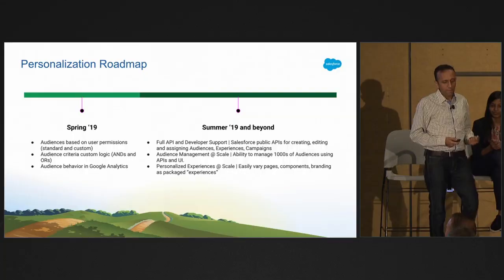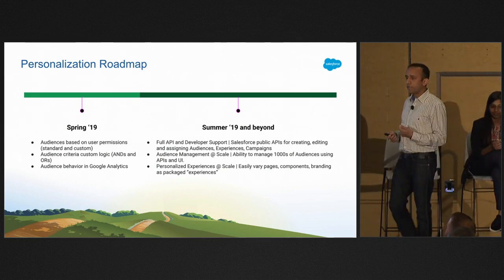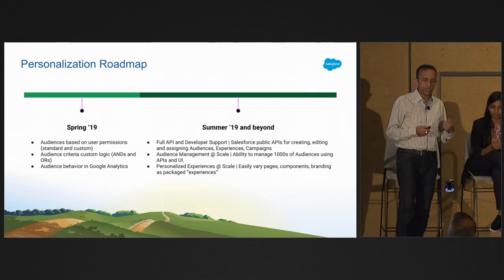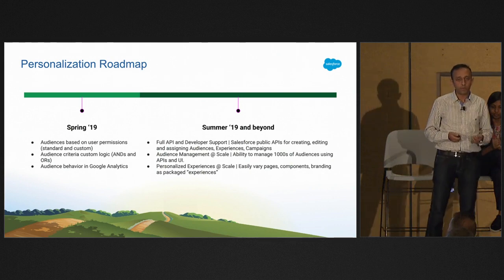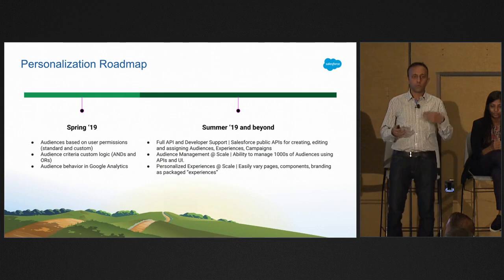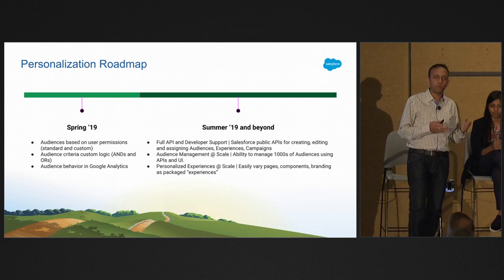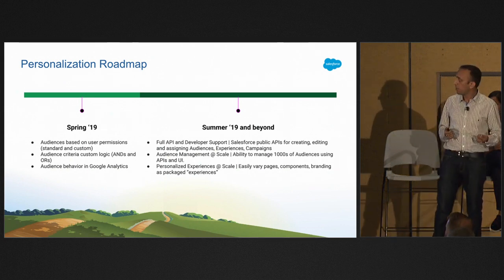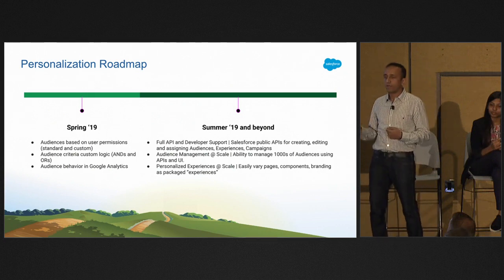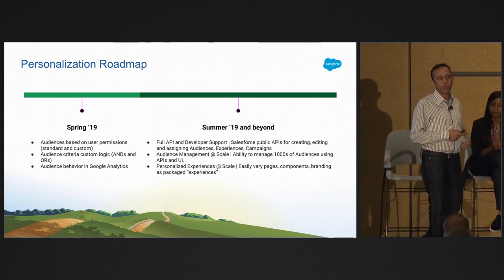So, personalization roadmap. Spring 19, what's coming up is audiences based on permission sets. So you can not only use your profiles and other things that we saw in audience criteria right now. In addition to that, you will also be able to use custom or standard permission sets for your audiences. You'll be able to create custom logic for audiences, right? So right now, you just have all ands or all ors. So you'd be able to do a combination of and or in your criteria in your audiences. And of course, you'll be able to use audience behavior in Google Analytics. So we'll be exporting which audiences are being used right now in Google Analytics,